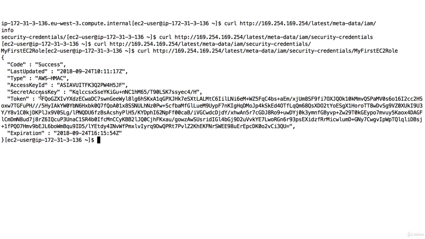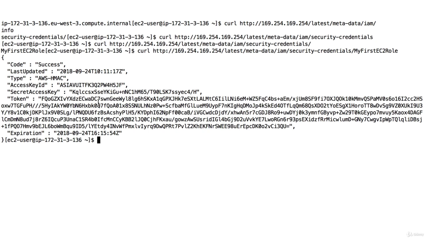So behind the scenes, when you attach an IAM role to an EC2 instance, the way for it to perform API calls is that it queries this whole URL right here, from which it gets an access key ID, a secret access key, and a token. And it turns out that these are short-lived credentials. As you can see, there's an expiration date in here, and that's usually something like 1 hour. So the idea is that your EC2 instance gets temporary credentials through the IAM role that is attached to it. So this is basically how the IAM roles work on EC2 instances.